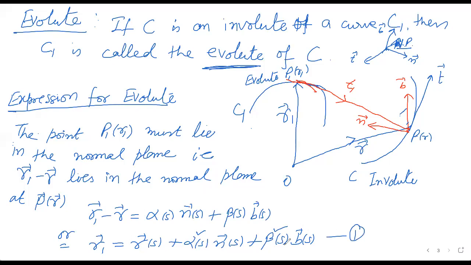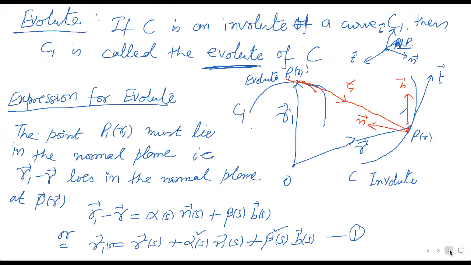So now how will I find it? By differentiating it. It is a function of S. All are functions of S, suppose. So I will differentiate, because I want to find alpha and beta. So differentiating 1 with respect to S, we get, on the left hand side, dR1 over ds. So you have dR1 over ds is equal to, on the right hand side,